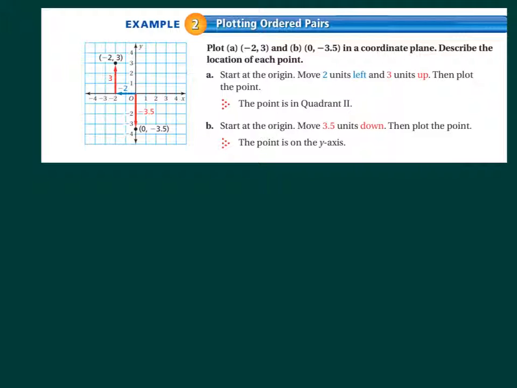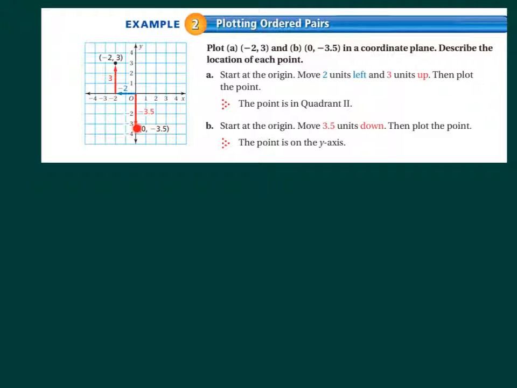If you'll see here, again, if I look at the values, x is negative and y is positive. So I already know that it's going to fall in this quadrant right here. So for the description of the quadrant, you don't even necessarily need to graph it to see that that's going to be in quadrant 2. This next one, it says start at the origin and you move 3.5 units down. Again, the reason we don't go left and right first is because 0 is our value for the x,